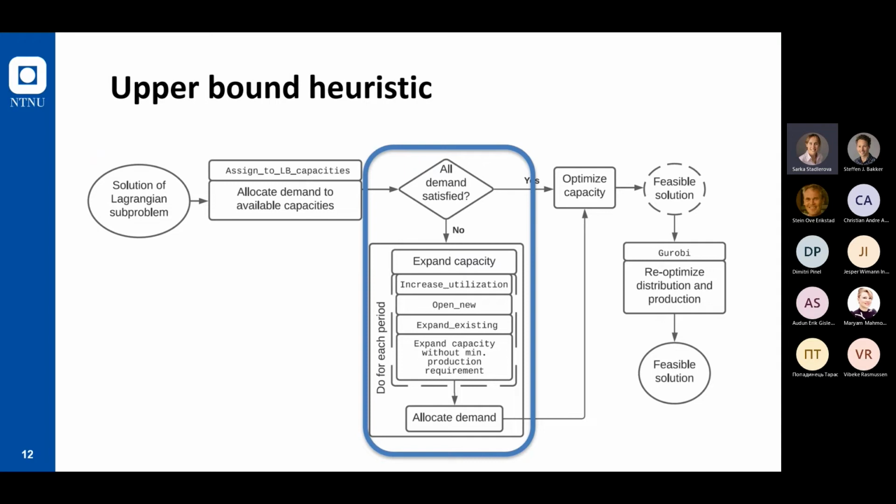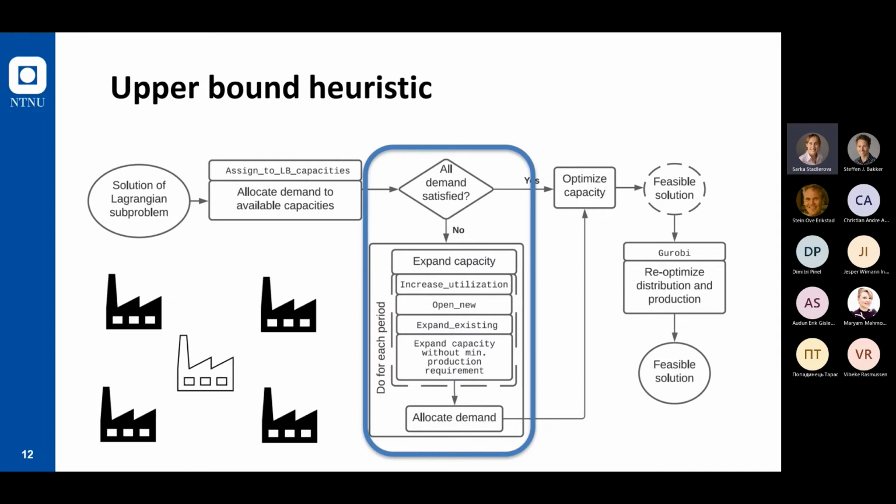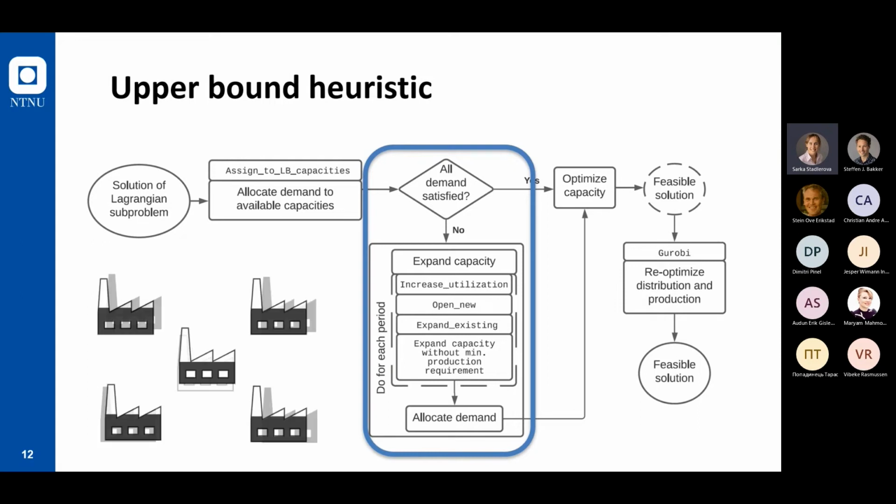And now I will just very quickly show you why this last step doesn't violate the feasibility of our solution. Because when we have to open a new facility and ignore the minimum production requirements, we are in a situation that here is our new facility, and all the facilities in the neighborhood are fully utilized, which means that the utilization is 100%, because otherwise we would use them to satisfy the demand. So what we can do in order to achieve the feasibility is to reallocate the customers from these neighborhood facilities, and then the utilization works for all facilities we have opened.